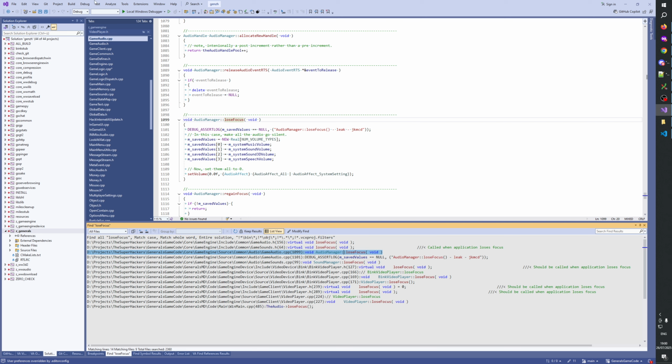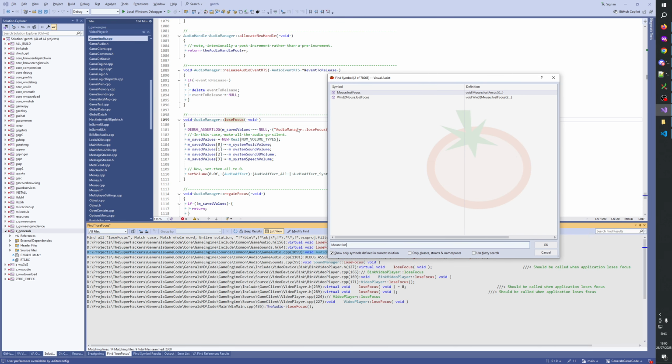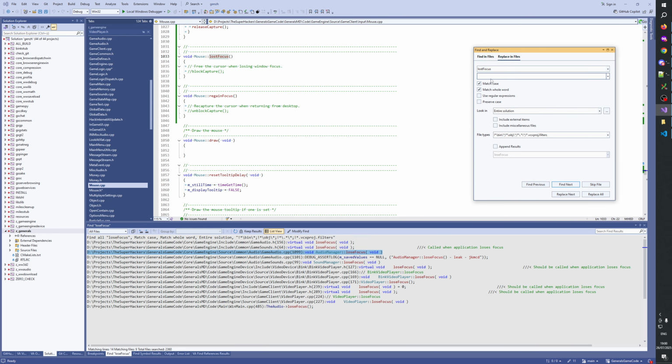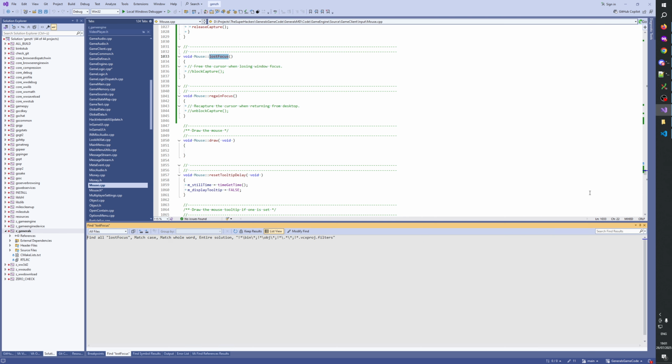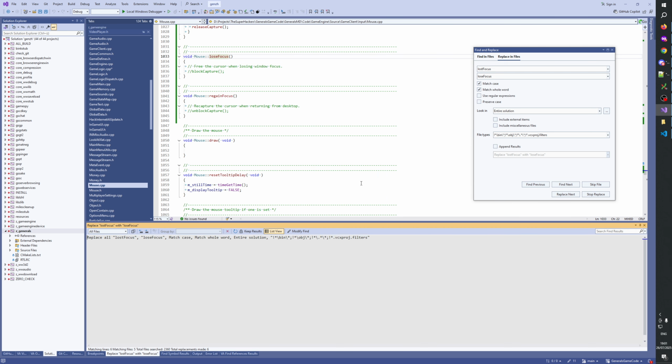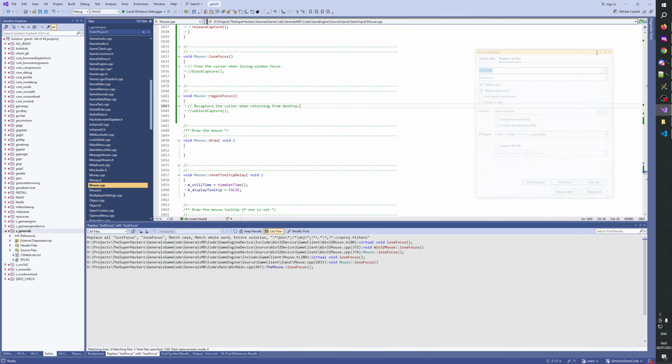Okay, then we go back to the mouse, and we rename this here to lose focus. Okay, I wonder.